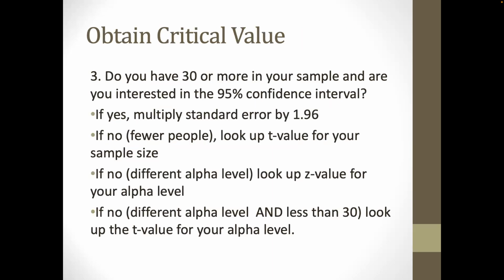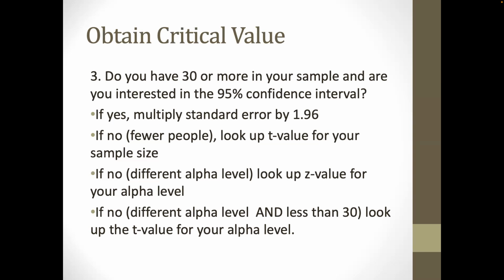Number 3, obtain a critical value. If you have 30 or more in your sample and you're interested in the 95% confidence interval, then you're going to have a critical value of 1.96. You're going to multiply the standard error by 1.96. If there are fewer people than 30, you're going to look up a t-value for that sample size and the